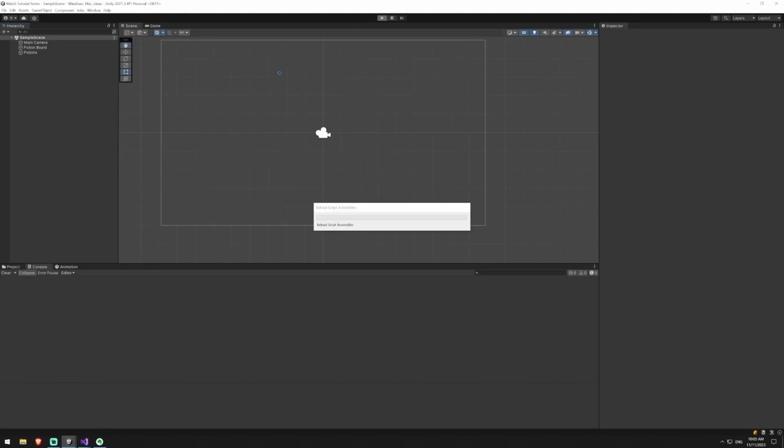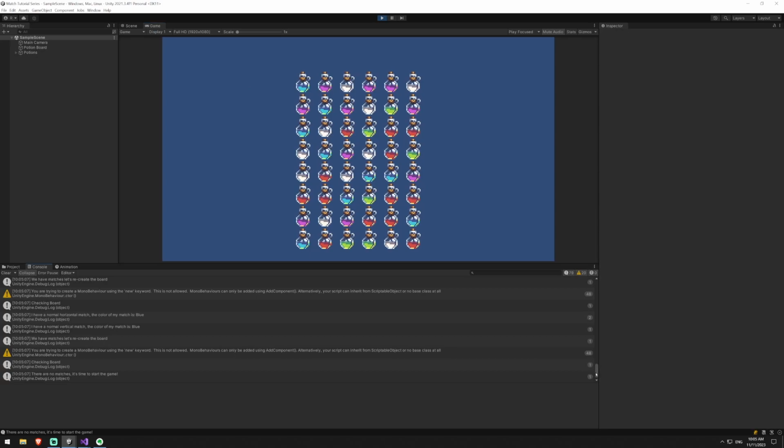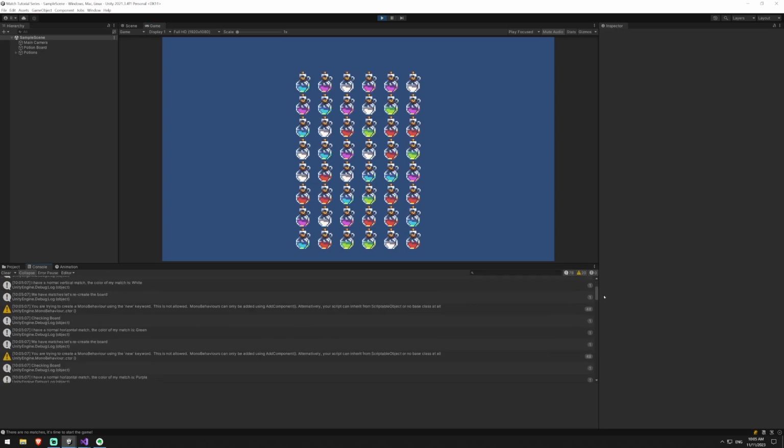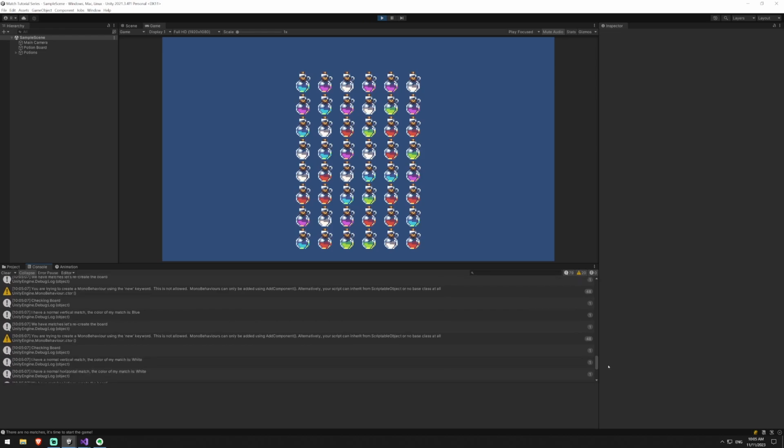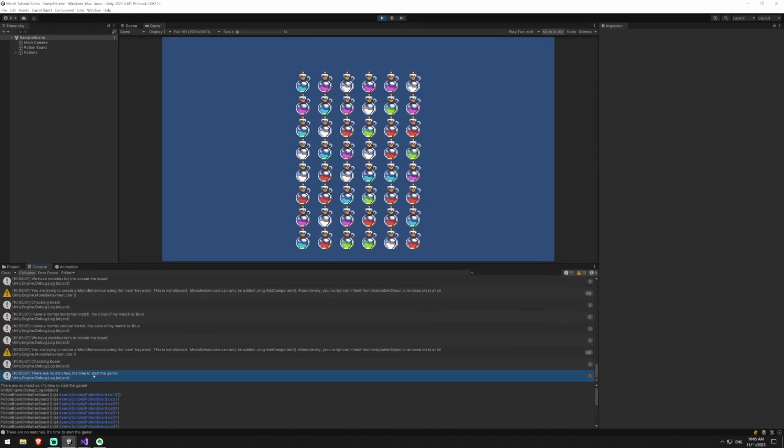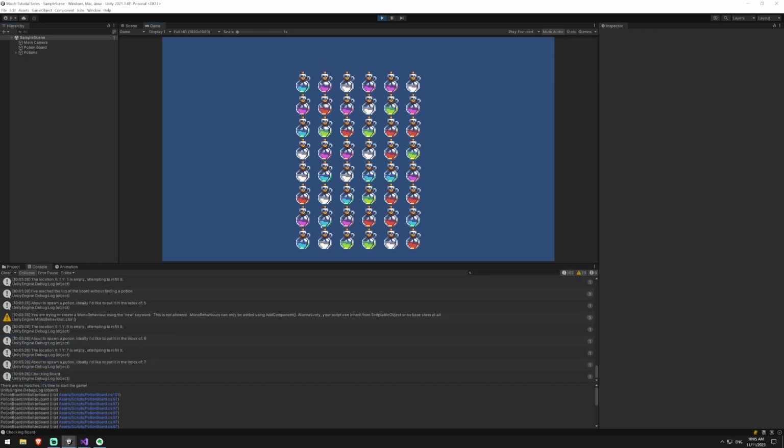So if I hit play, we should get our normal process. The board is going to recreate itself as per usual until it hits a point where it's finally ready to go. It's time to start the game. We should now be able to click and move a potion. Let's say I'm going to remove this red match here, and I should see potions spawn up here and slide down as well. So we're going to click and move, and you can see they slide down into the new